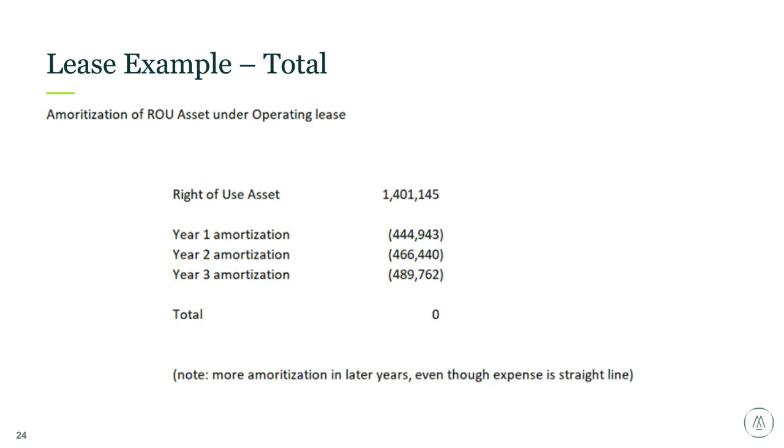A couple points here that I like to mention is what happens if you have an impairment. And I'm sure most of you guys are thinking about that type of a question with oil and gas being a primary component. This right of use asset is not, I don't think, part of the oil and gas assets. We're going to talk about it earlier. If you have a drilling contract and you're their operator, it's going to go on almost every time gross for that. But maybe you have this right of use asset for a drilling contract that you've put on there,